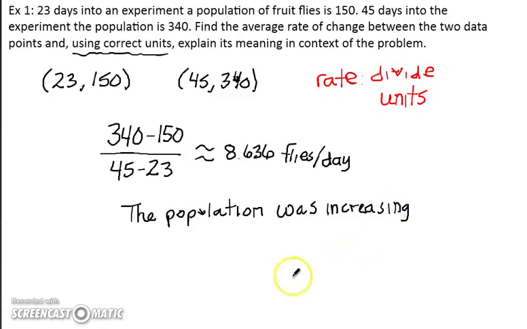But the population was increasing an average of, and we have to say average because we found the average rate of change. So an average, and I apologize for my handwriting. I'm trying to get used to this new tablet I have. So an average of